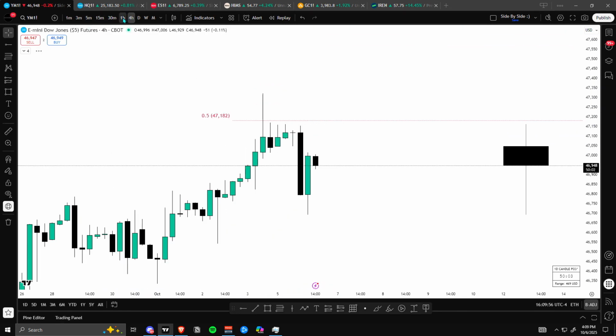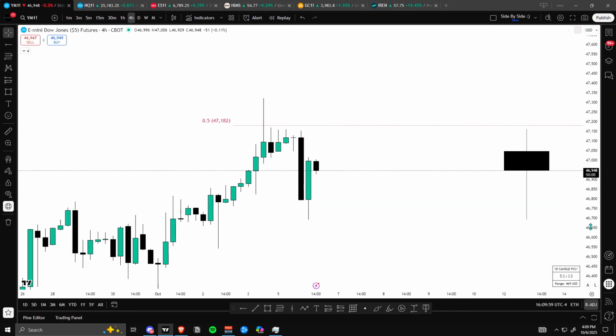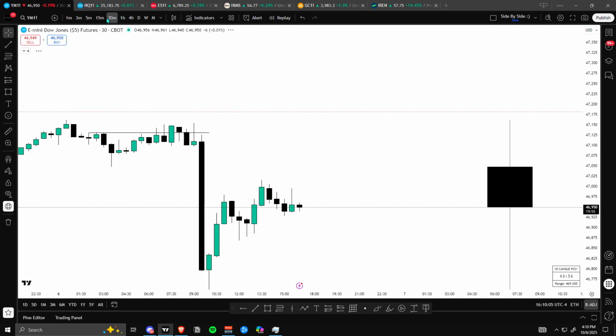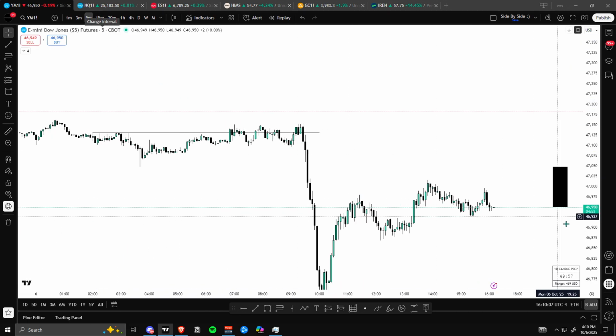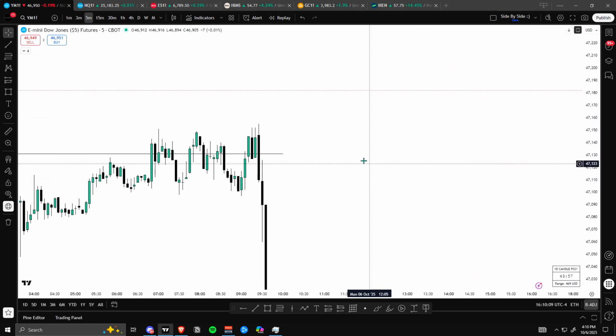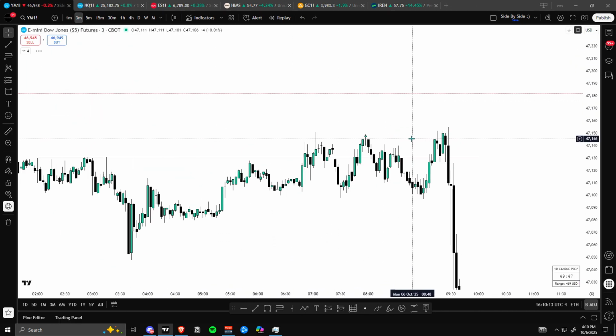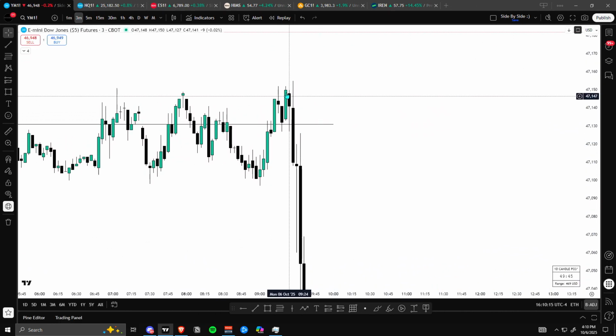If we go into the 4-hour, this is all I was looking for. The 6 a.m. candle swept the previous 4-hour candle high, and then I just immediately dropped to a lower time frame because I already knew what I was looking for. In this case, I went straight to the 1 minute because the 3 minute wasn't really offering anything. This could have been your CSD right here.